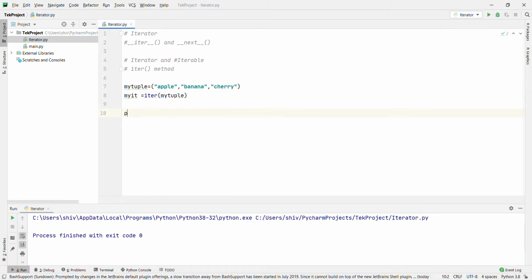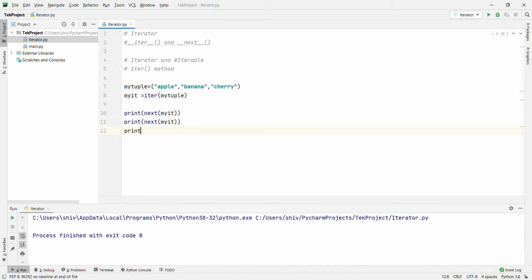Now we are going to print the values one by one using next: print next myit, print next myit, print next myit. This is how the iterable methods work.